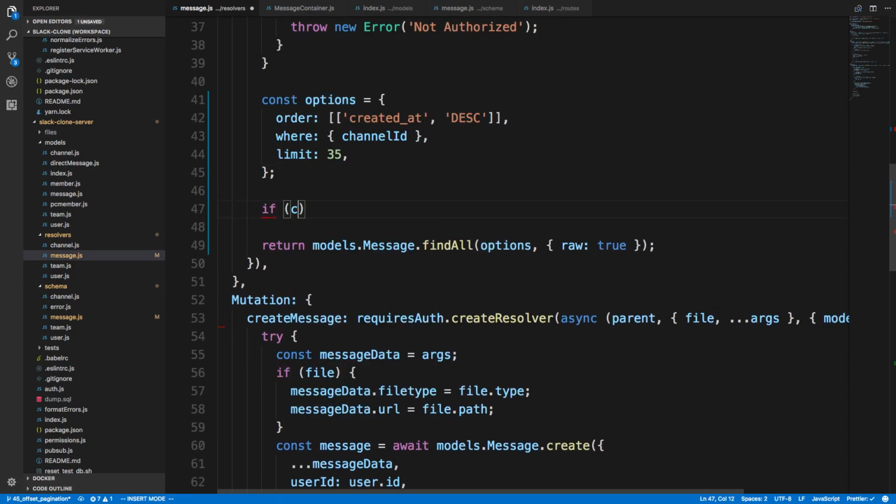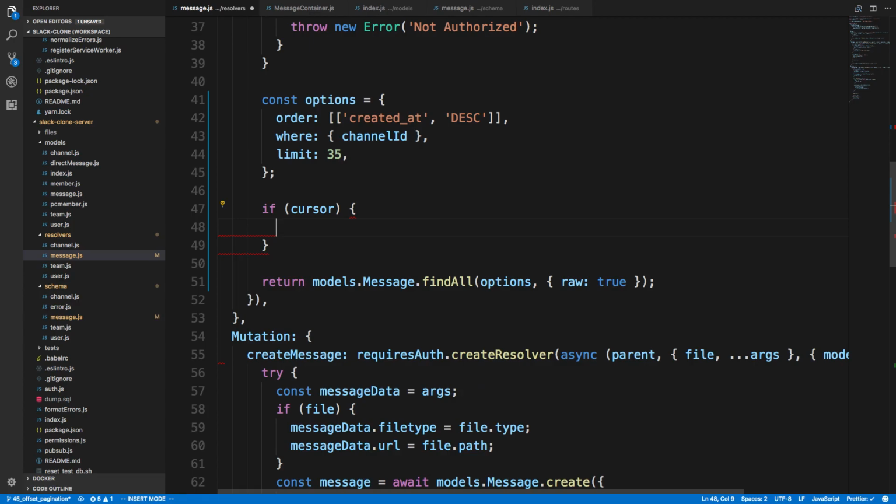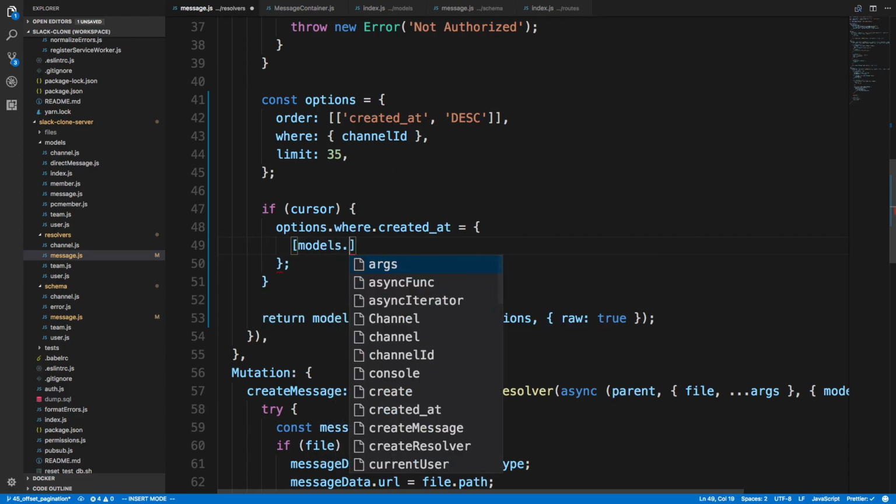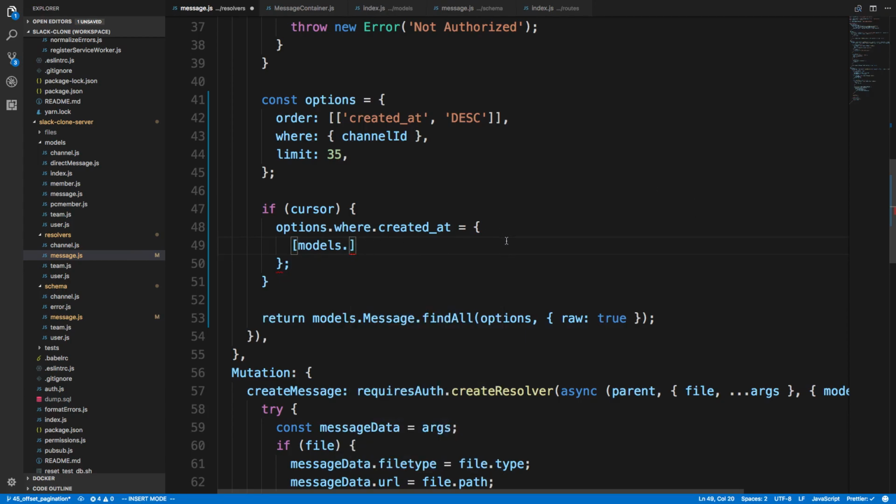So now I'm going to say if cursor, and if we have a cursor, I'm going to say options.where, and we're going to look at the createdAt is equal to, and we want to find all the messages after our cursor message basically. So we're going to say models dot, and we want to do less than. So we want to get the less than operator. And I don't know about you guys, but I've been getting kind of tired having to write out this whole thing where I do